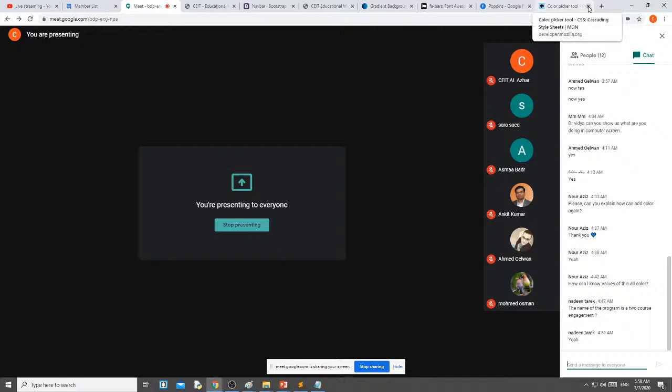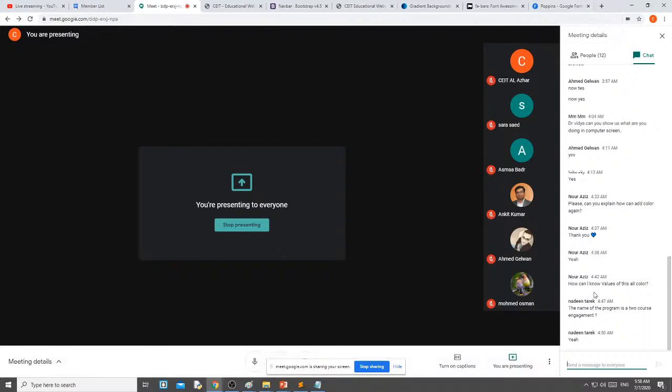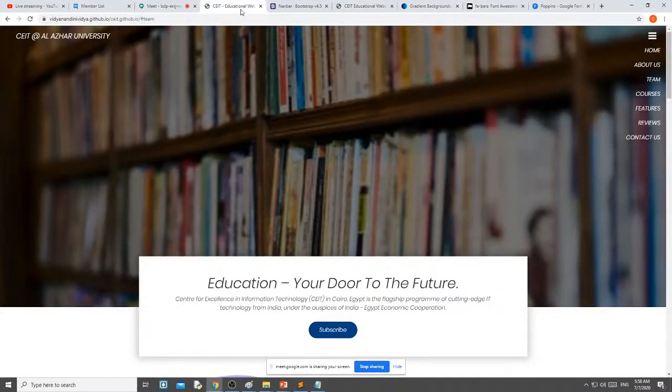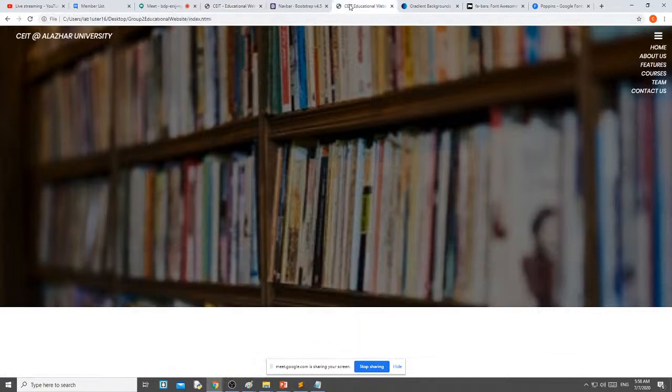Okay, you can also pick the color from here and you can compare. Okay, Noor? Yeah, okay. Now we have done this part. Okay, and here some spacing is there. I will tell you how to do the spacing. Here we don't have any spacing. You can change the styles to give the spacing.